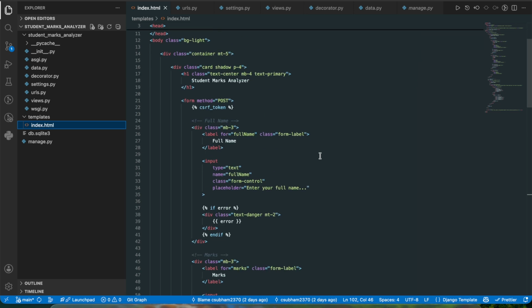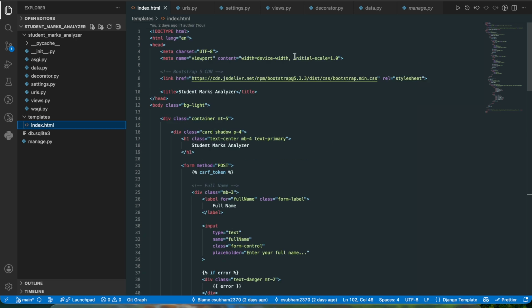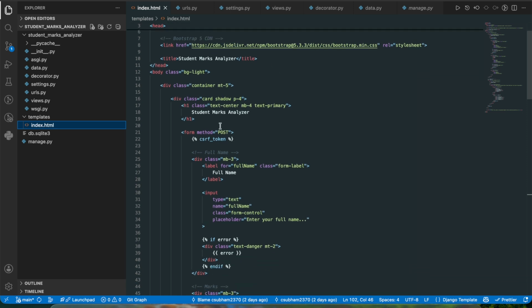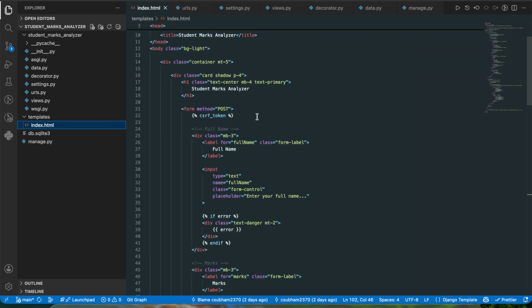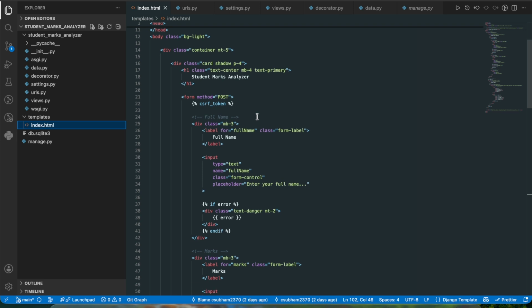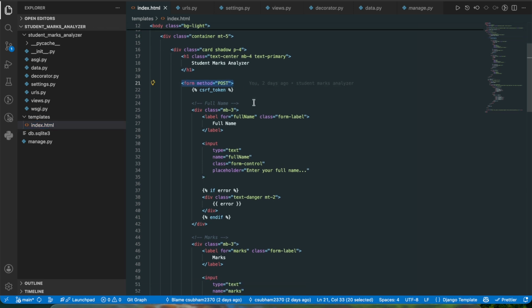For all the design we are using a template. We use Bootstrap 5 here, and we also attach the CDN link here. Student marks header file, heading. This is our form tag, opening tag, method equals to post. Here we attach the Jinja template,